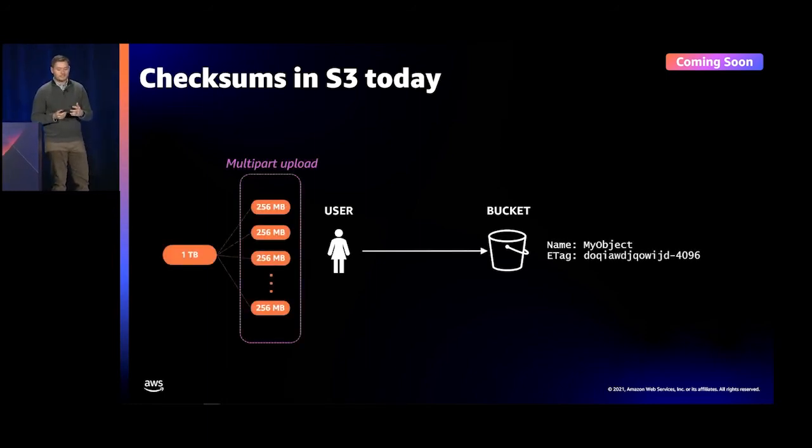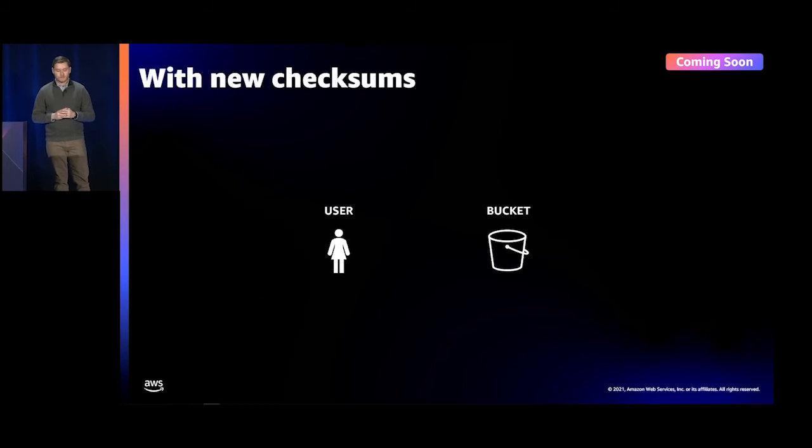Our new checksum options will continue to work for multi-part uploads with minimal changes. Just like you do with simple single-part objects, you can now pass in a new checksum algorithm like SHA-256, and we'll happily check that single part with the algorithm that you specify. Now, just like we do with our MD5 checksums today, the whole object checksum will actually be a checksum of checksums.